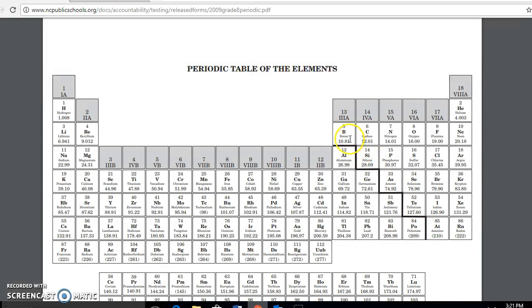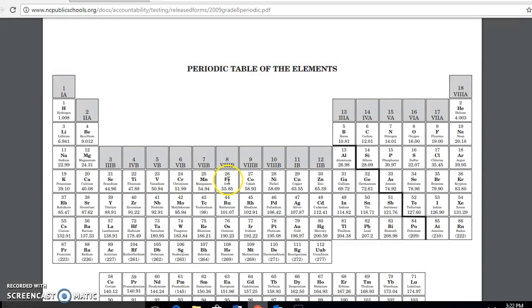So all of those elements, numbers 5, 14, 32, 33, 51, 52, and 85 are metalloids. Okay, so kind of remember this stair step as a dividing factor. Everything to the left of that stair step are metals. So everything to the left of the stair step, we have